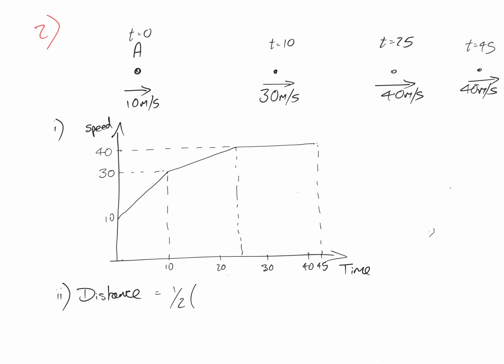So it's a half, 10 plus 30 times 10, plus a half, 30 plus 40 times 15, plus a rectangle, 40 times 20, equals